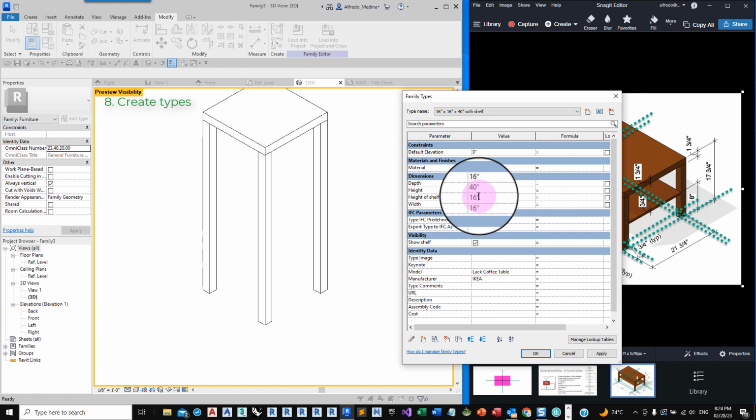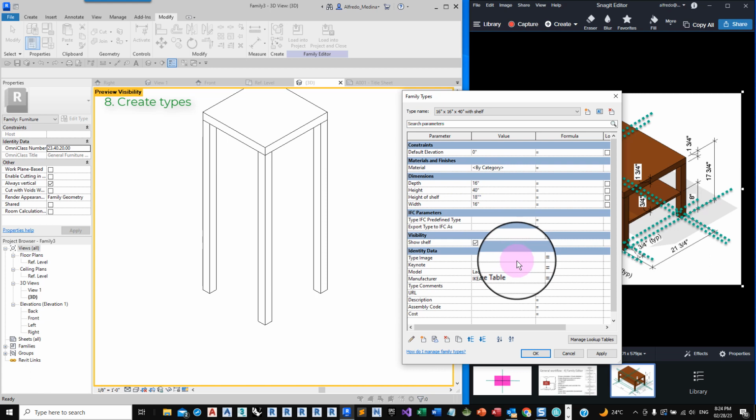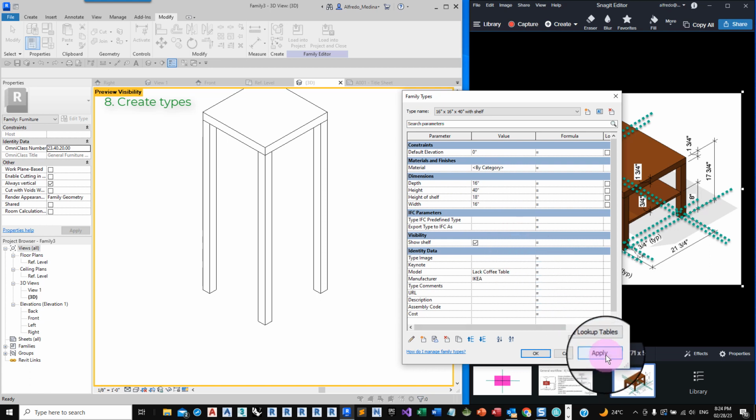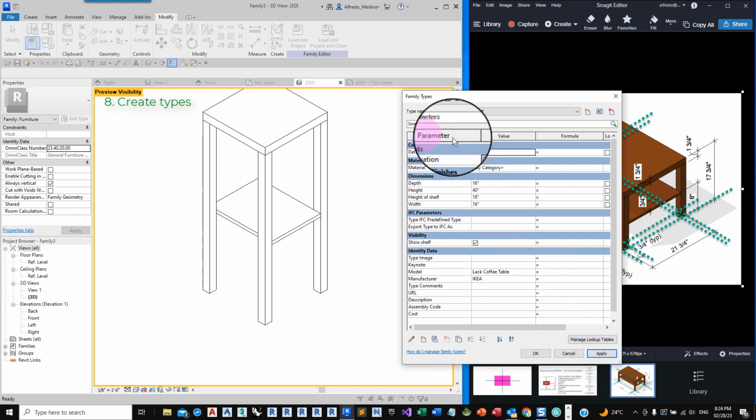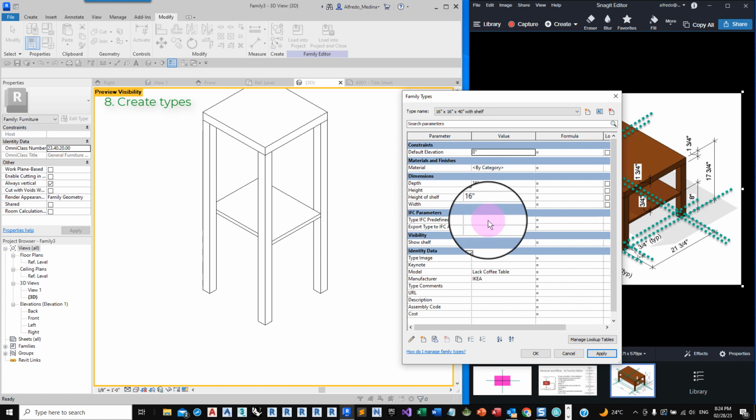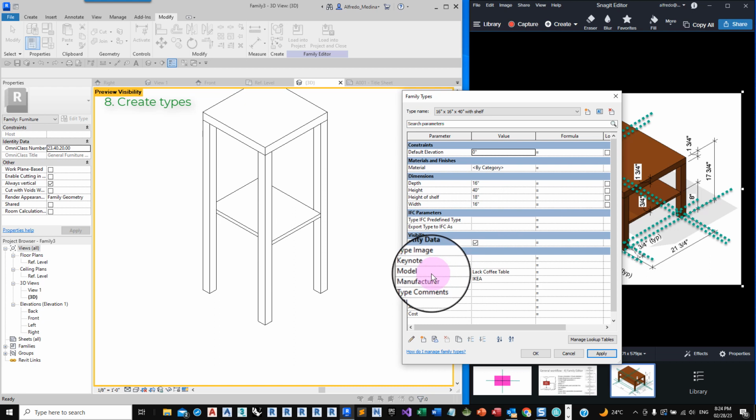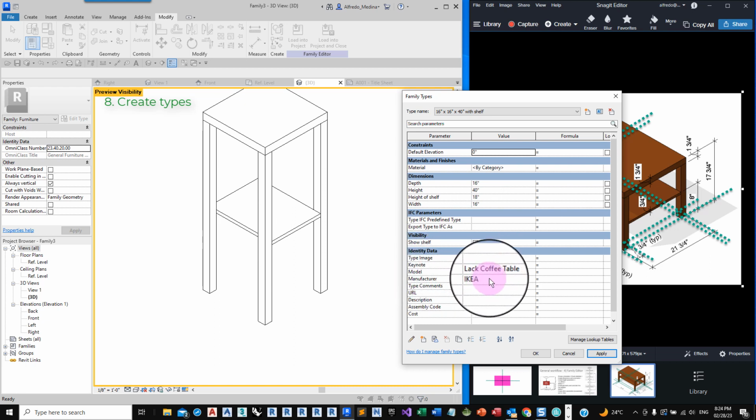Let's say 18 inches, just to give an example. So each type can have different dimensions for all the parameters. Of course, I need to be consistent with the model number and the manufacturer.